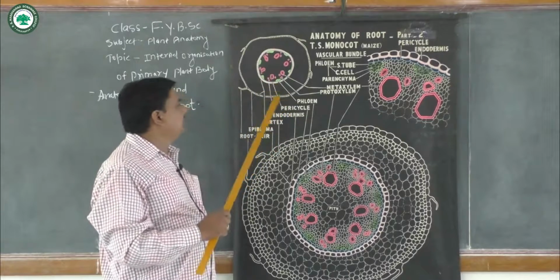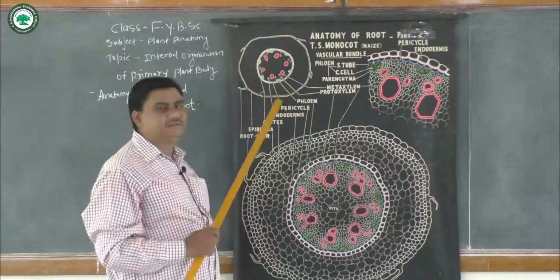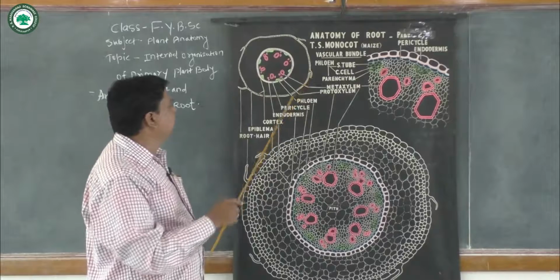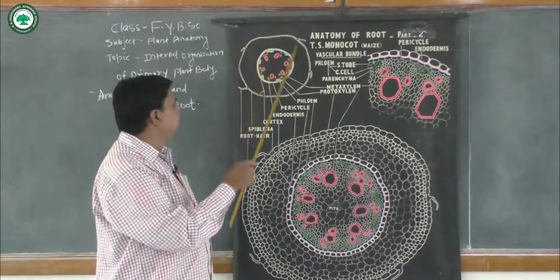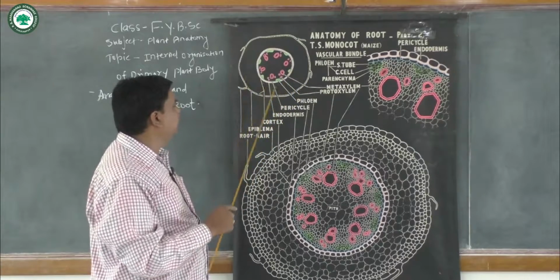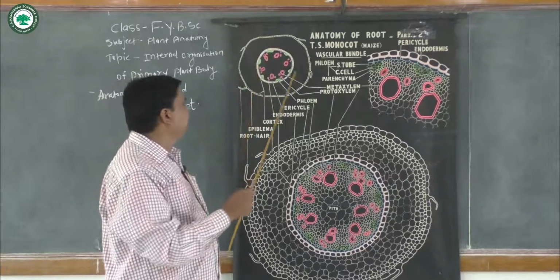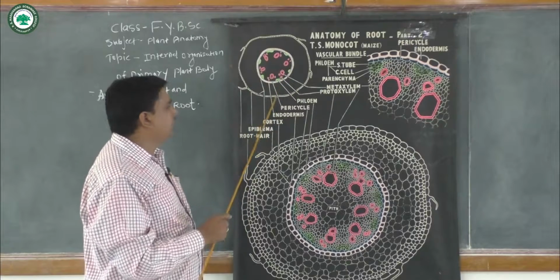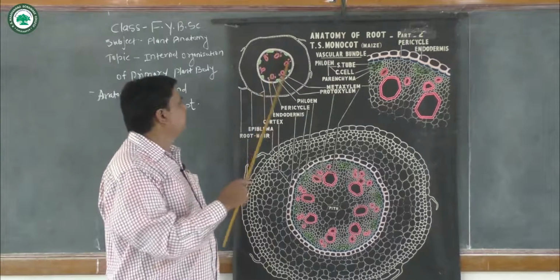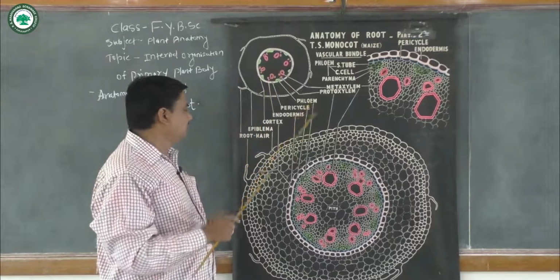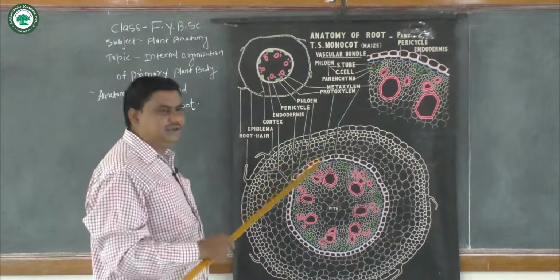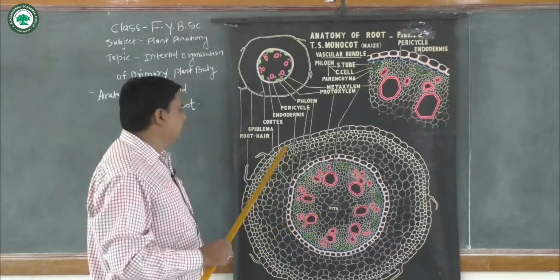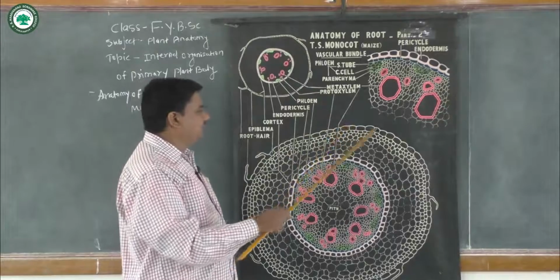Or after the endodermis there is the stellar region. So the epidermis is again a single layer, then the cortex is a multi-layered cortex, then there is the single layer endodermis followed by the single layer pericycle, and in the stellar region there is the vascular bundle. We can see in detail anatomically that the epidermis is made up of a single layer,